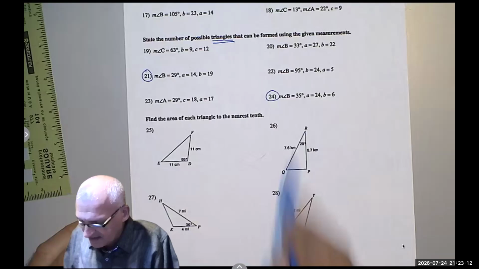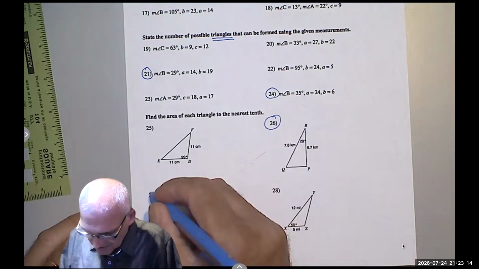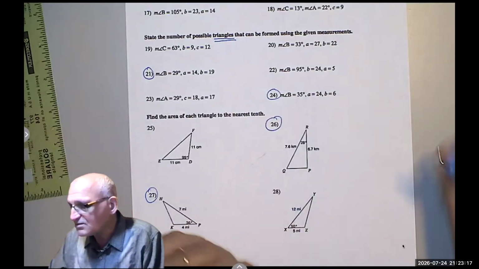And here find the area of these triangles. So let's do 26 and 27. That's too many. I think we have like 10 problems. So